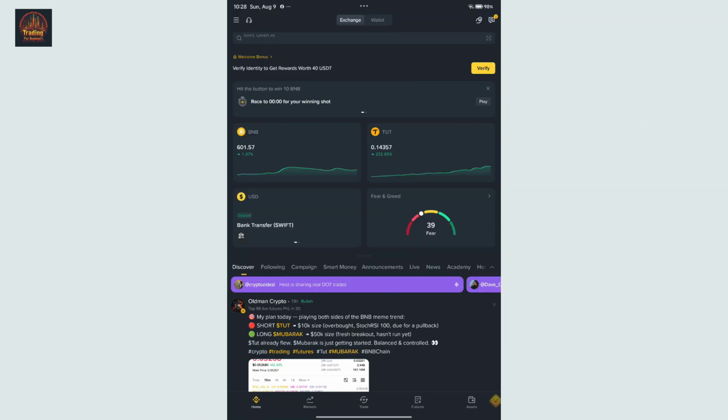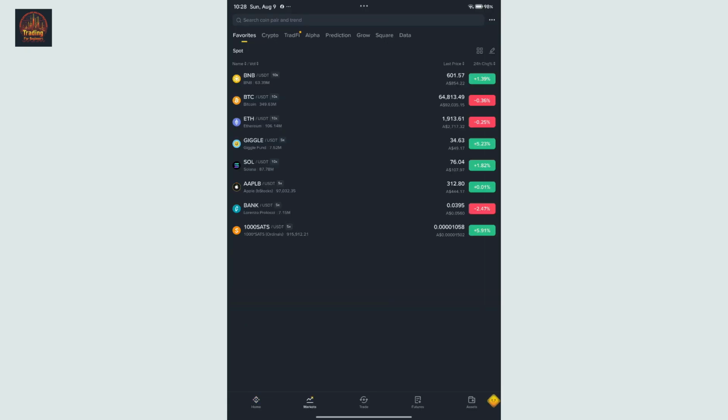If you're using Binance and want to change the time frame for a trading chart, firstly open the Binance application on your device and sign into your account. Once you're signed in, go to the bottom of the screen and tap on Markets. And once you open up the Markets tab, tap on one of the currency pairs to open up the chart